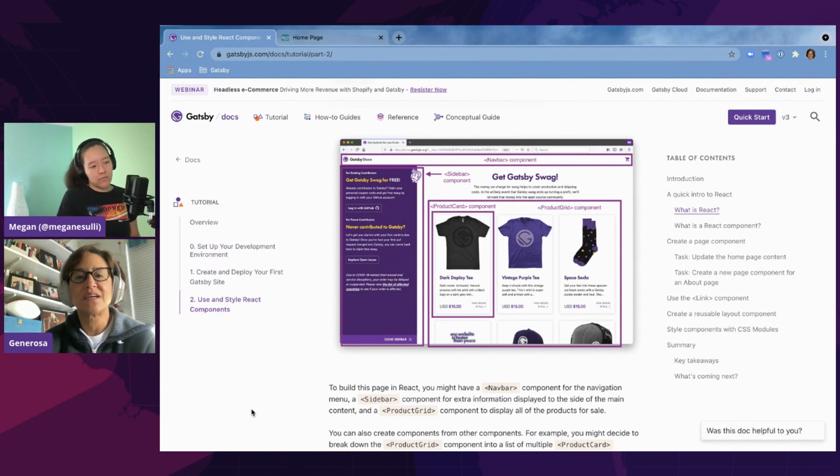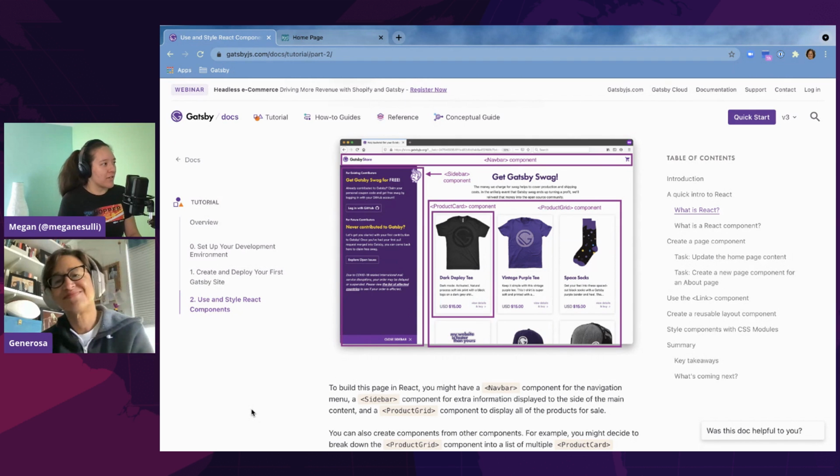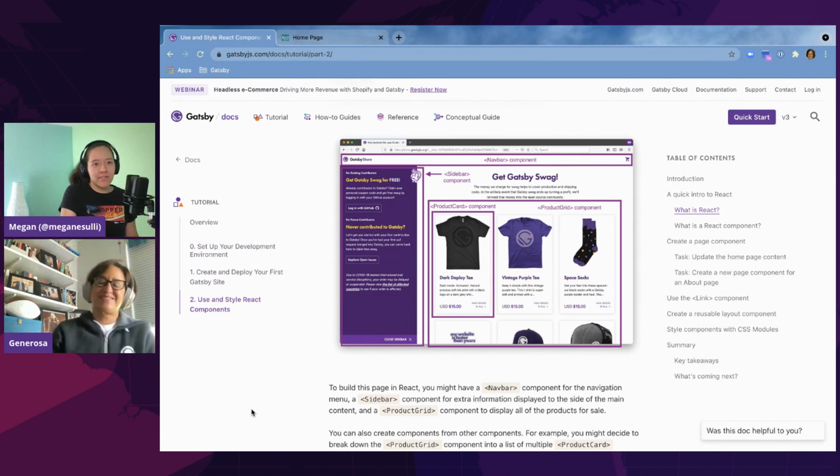Yeah, I must say the Gatsby swag is very nice. I like it. The socks are very popular, I hear. Everybody's always asking about the socks. It's funny because socks are like the present that you don't want as a child. But now that I'm grown, I will never not be excited about socks. Yeah. I just realized I could use these socks right away. Right? Yeah. Everybody needs socks.